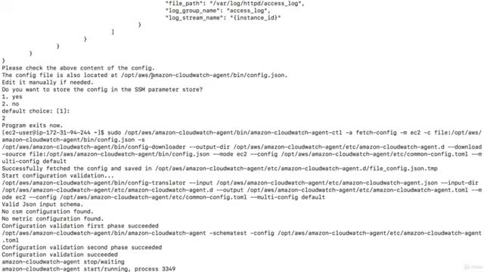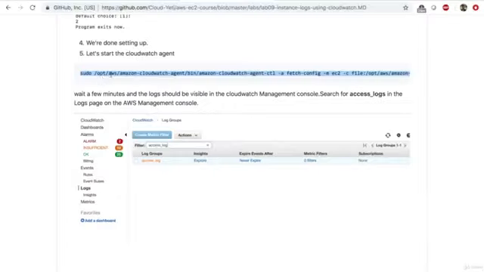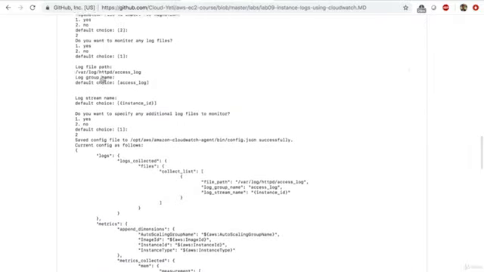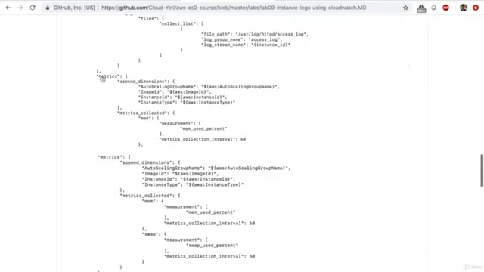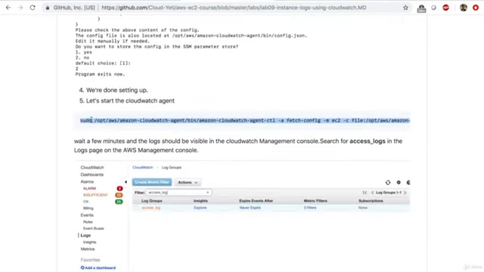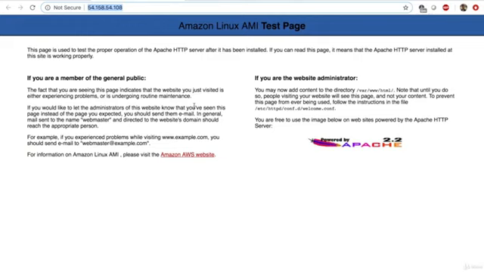and the CloudWatch agent should be restarted now. So what we did so far was we reconfigured the agent to collect logs from the Apache log file location, and then we restarted the agent. Now we want to go back to this web page, the default Apache web page, and generate a couple of logs by refreshing our page, right? So 1, 2, 3, 4, 5. So this should generate a few log entries in the log file, and those log entries should be sent to